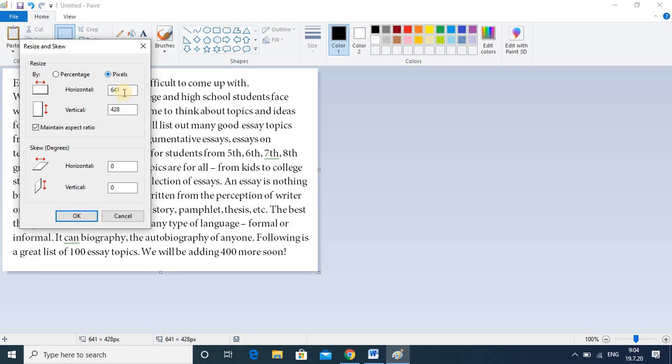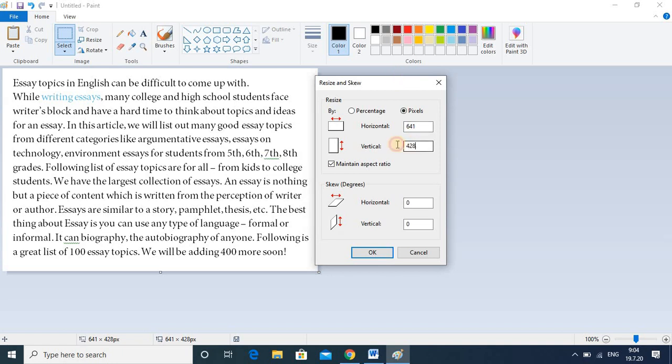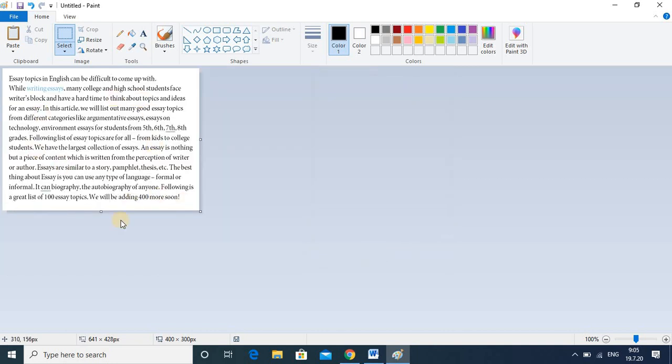It's better if you select pixels. So here in pixels these options are important. Suppose I want to reduce the size, so I am entering 300 here. Once you reduce the size, the other dimension will be adjusted automatically. If you don't want to maintain the aspect ratio, if you want to manually give the horizontal and vertical pixel values, you have to unclick that. Suppose here it is 300 and vertically I want 400. That is the horizontal and vertical pixels. I will click on OK, and you observe here the size of the image got reduced. And if you want to increase it, you have to give a larger number there.